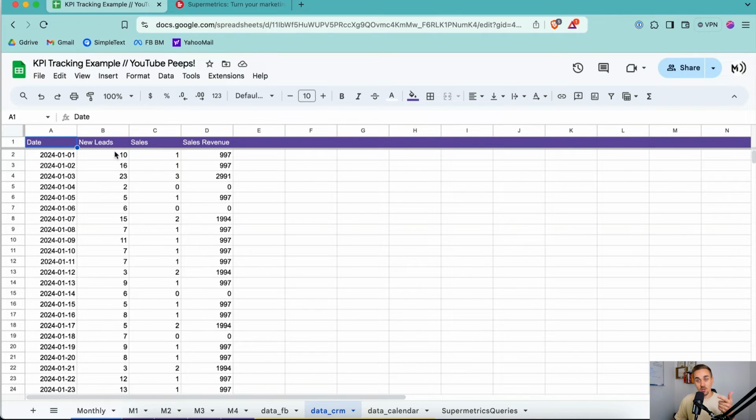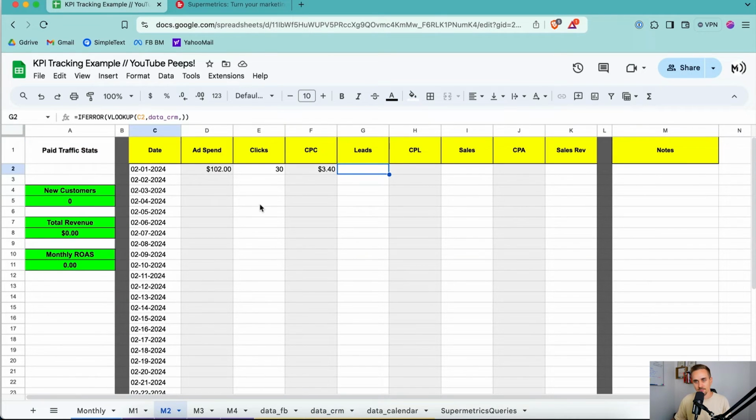But again, now I'm back to column 2 inside of my CRM data. So I'm going to go column 2, and now we can see I'm actually pulling more accurate data, because instead of pulling Facebook data, I'm now pulling my data straight from my CRM, which is really nice. And then again, it's just a formula. This is what I was saying with calculated formulas. I do find it's better to calculate these things